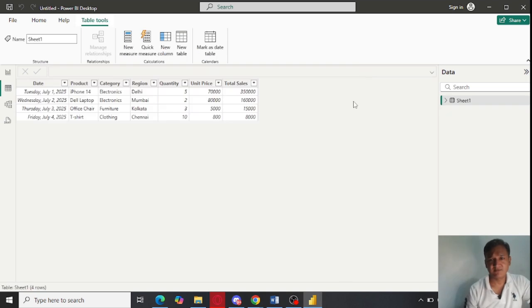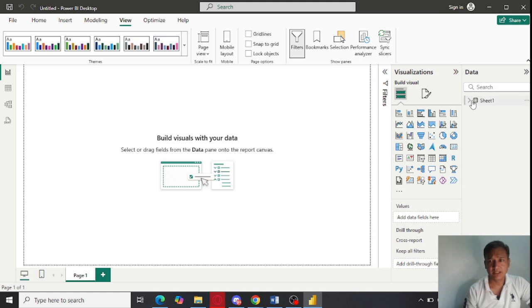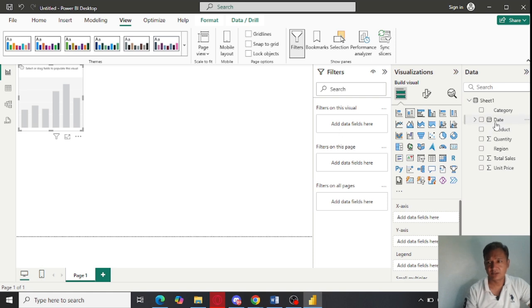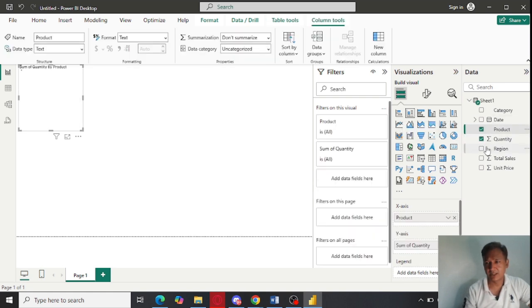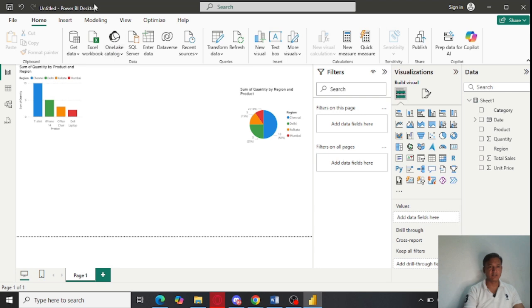So you can see the Excel file is uploaded, all data is showing here. You can go back to report view here and you can add data here, you can use any of these, like this chart and pie bars. You can use all this stuff, add the data, use other visuals like a pie chart and make a pie chart as well. Let's go to theme again